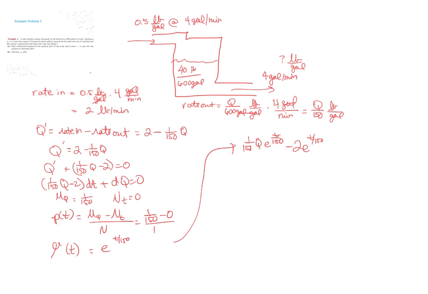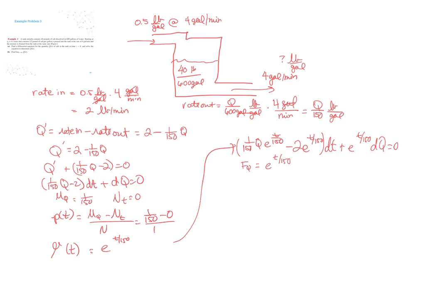All of this is times dt plus e to the t over 150 dQ. So from there, I know that f sub Q was e to the t over 150,